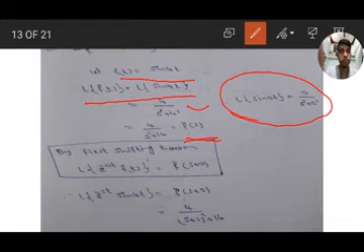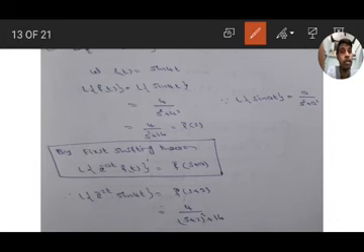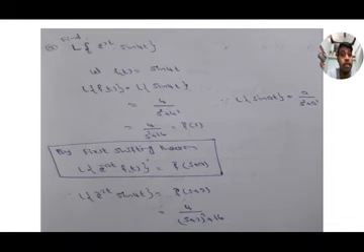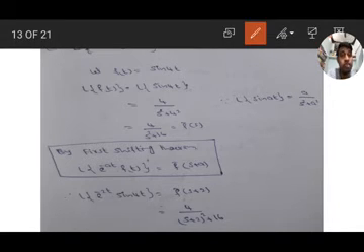So L of sin 4t, we are using the formula L of sin at, a by s square plus a square. 4 by s square plus 16 is denoted by f bar s. So by first shifting theorem, if L of f of t equal to f bar s, then L of e to the power of minus at into f of t equal to f bar of s plus a. L of e to the power of minus at into f of t is f bar of s plus a,